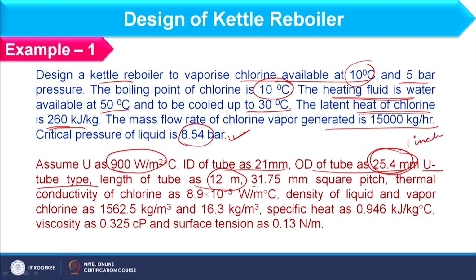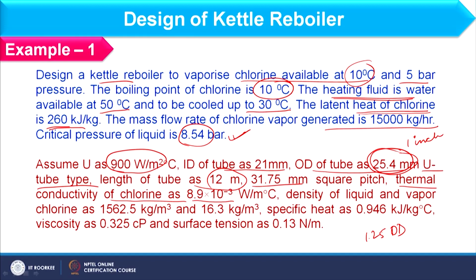And further we have 31.75 mm square pitch. So, if you see what is the relation in pitch as well as OD, if you consider this, it is nothing but 1.25 into OD, right. So, this is 1.25 OD and arrangement is square,